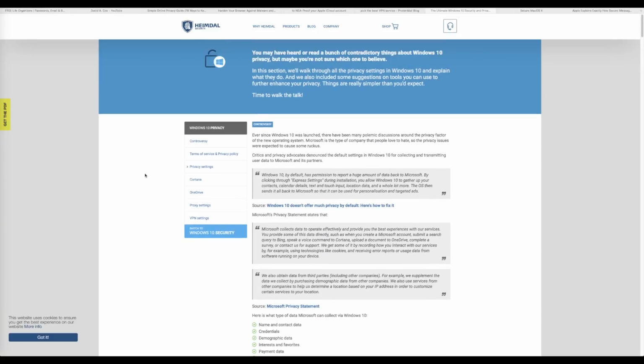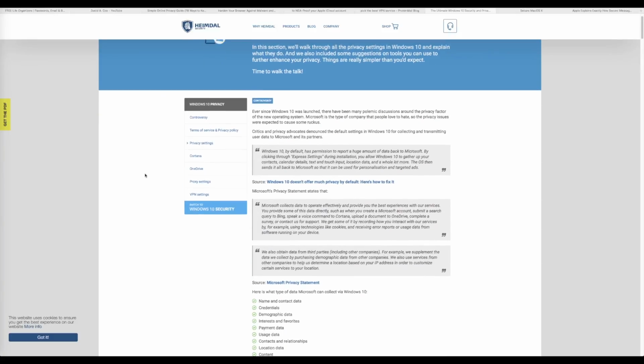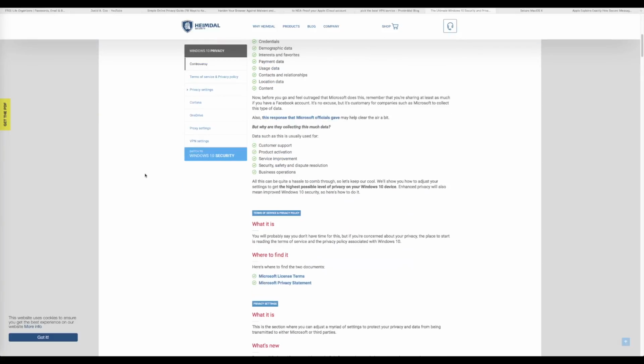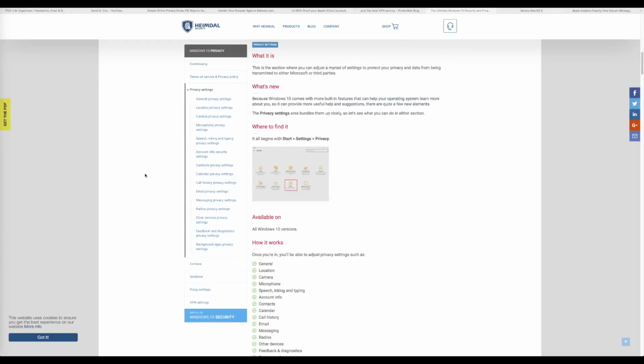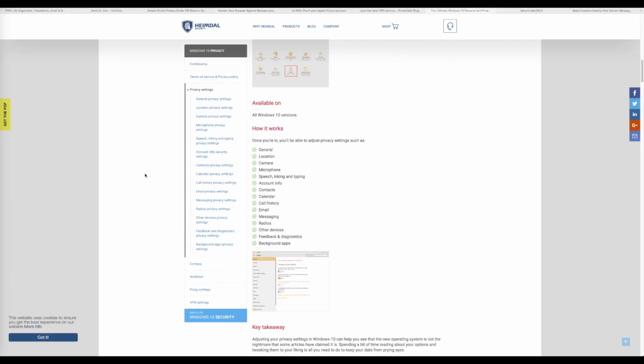So this article by Heimdall Security is talking about that, and it's saying what's being sent, where the settings are in Windows, where you can look at the information that's being reported, and in some instances you can turn it off.